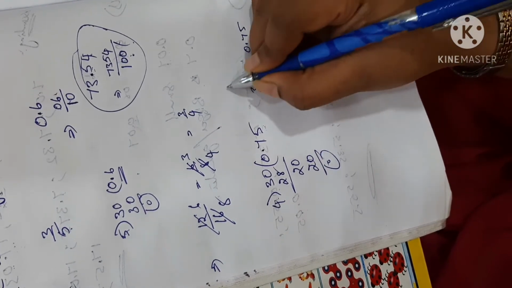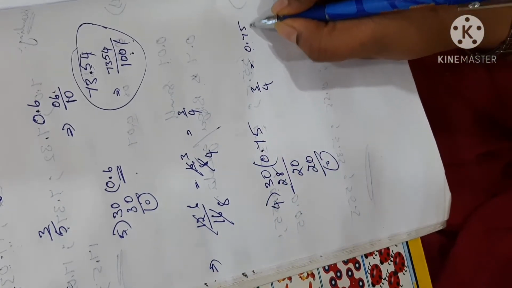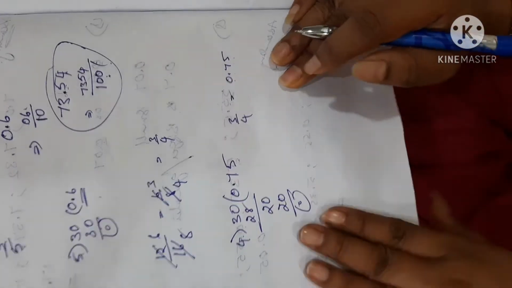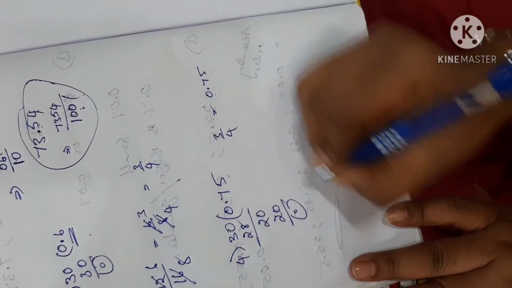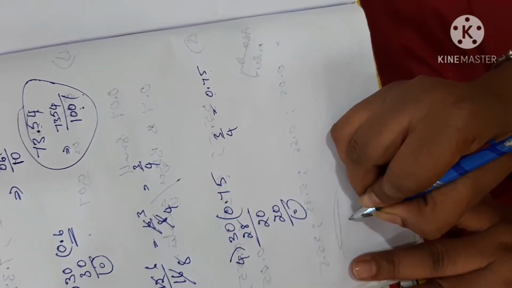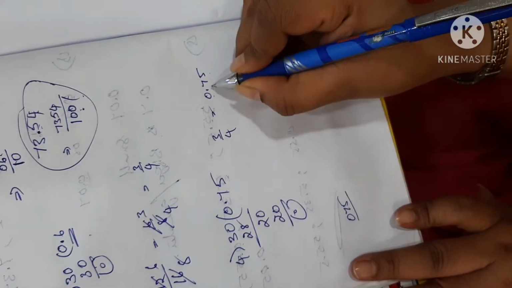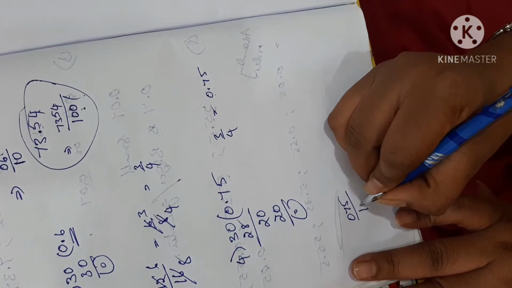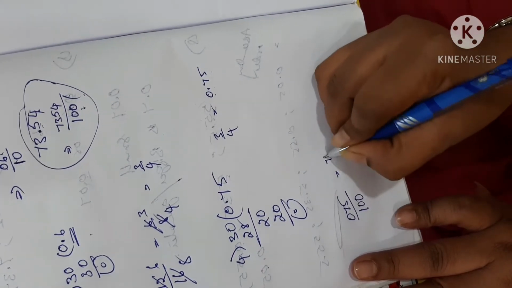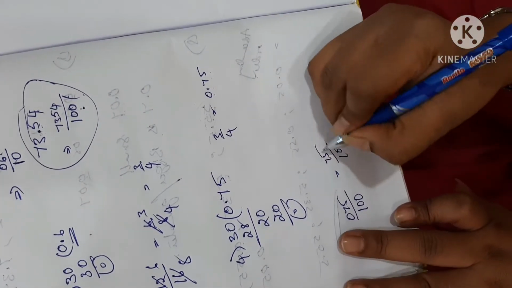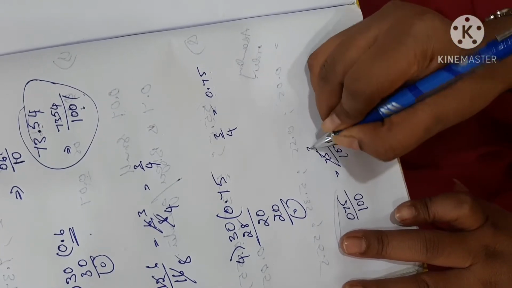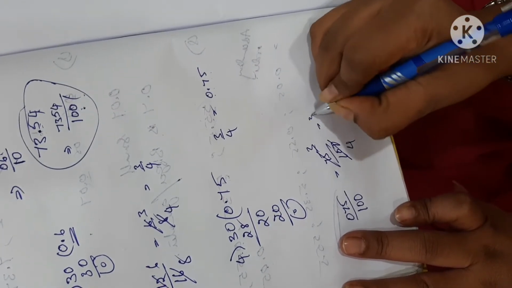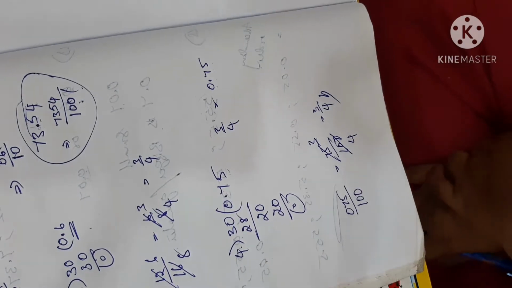In another way, 12 by 16 is nothing but 0.75. Even if you want to check, you can check. Okay, 0.75 is nothing but 75 by how many places? 2 places, means 5 is in the hundredths place, so 75 by 100. So 25 table I am taking. 25 3s are 75, 25 4s are 100. So 3 by 4 came, right? So this is how we are going to check.